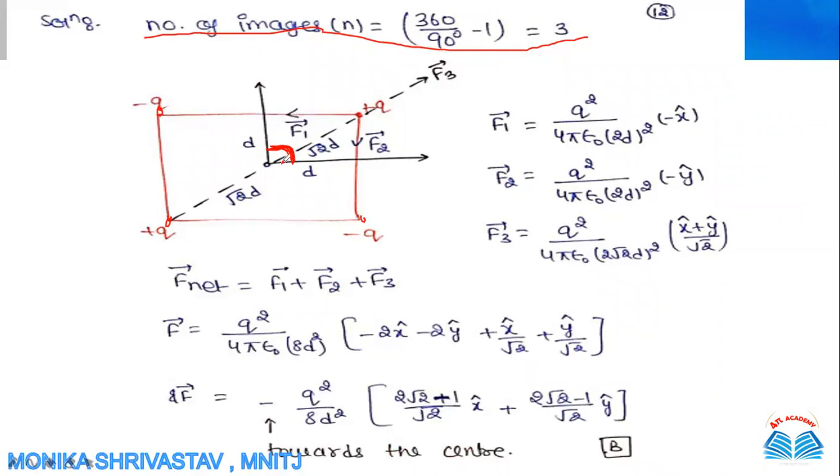The question is saying that they are perpendicularly aligned. That is why we are putting theta equals 90 degrees. So 360 over 90 minus 1 equals 3, we are getting. One question has already come on this formula in your NET exam. So you can see the previous year solved papers and you can get these types of questions too. So one important formula is also here.